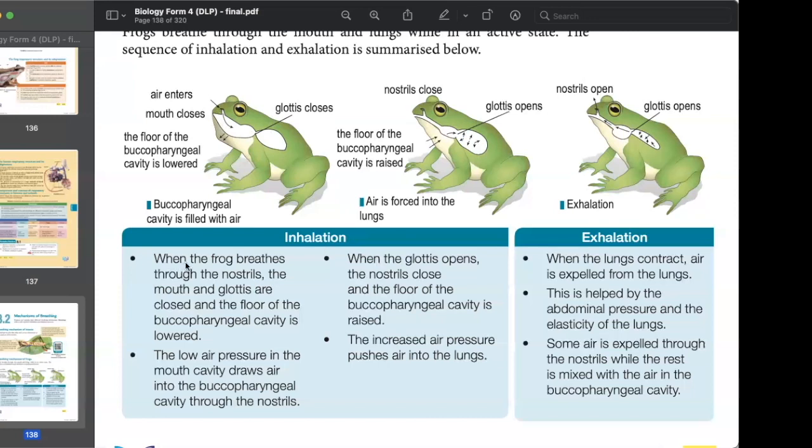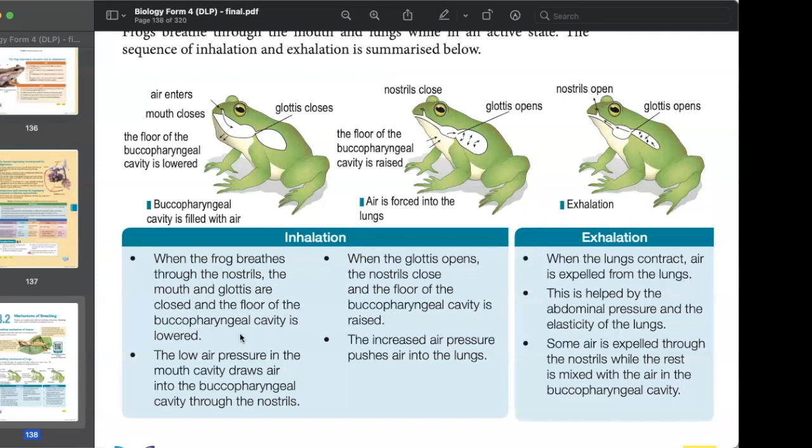Macam mana jadi? When the frog breathe through nostril. Yang ni dia special. Macam ikan tadi, dia ambil oksigen menggunakan mulut. Dia buka mulut kan. Tapi yang ni dia guna nostril macam kita. Okay, the frog breathe through nostril. Okay, the mouth and glottis are closed. And the flow of